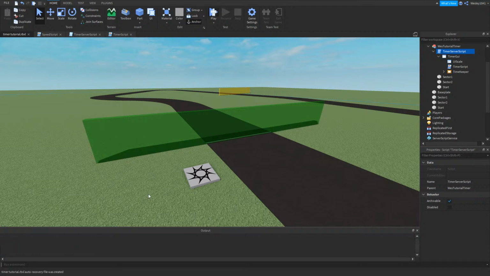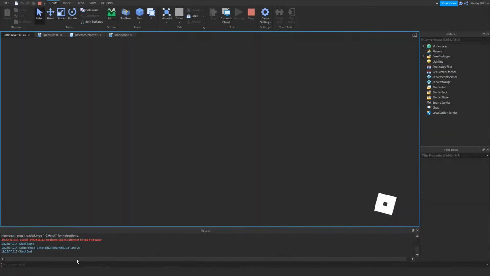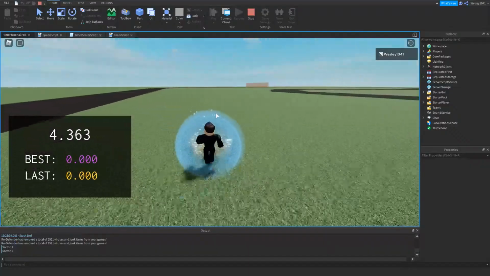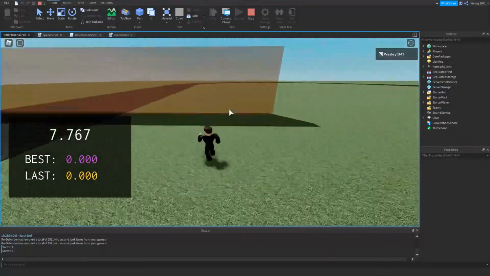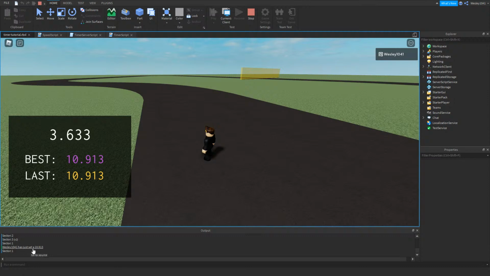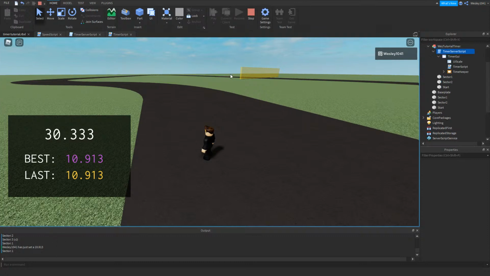So what I'm going to do now is hit play, and we're going to keep an eye out on the output down here. So I'm now going to run a quick lap, and then you'll soon see, once we look down in our output, we got a print here. It shows Wesley141 has just set 810913, and if you look really closely, it's really hard to see, all those other things we were already printing from the local script have a blue line in front, and this one has a green line in front, and the green line means that it is something that's being printed from the server. So there we've got confirmation that